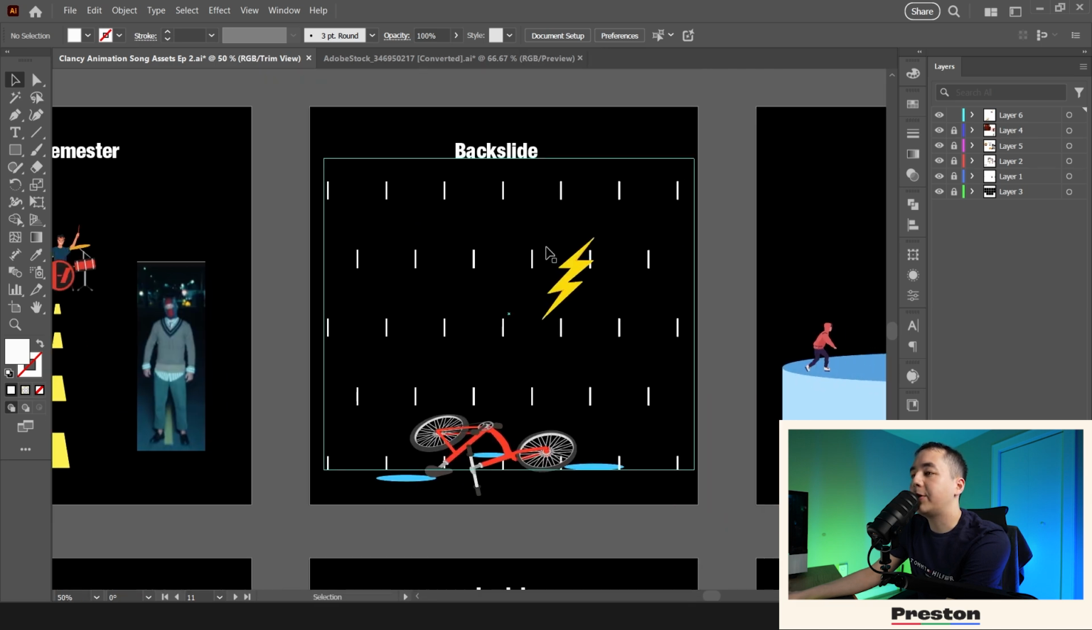Backslide, I really want to do a bicycle animation for this one, but it proved to be a little bit difficult to do a single animation that kind of looked like Tyler riding a bike. But what I did end up choosing is having a bike that's on the ground, almost like crashed, and then I'll have